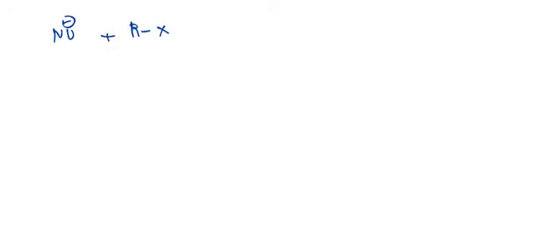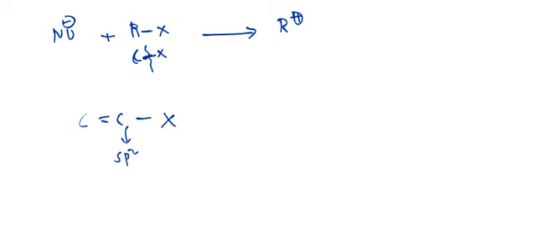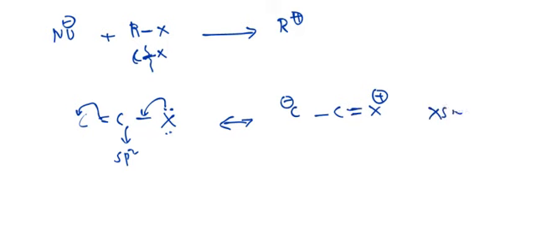Just recollect once, what is happening in SN1? Formation of carbocation is taking place, with breaking of the bond between carbon and halide, for example in an alkyl halide. Now if that halogen is attached to an sp2 hybridized carbon, the lone pair on the halogen will take part in resonance. So a double bond is forming, and this will not give SN1.